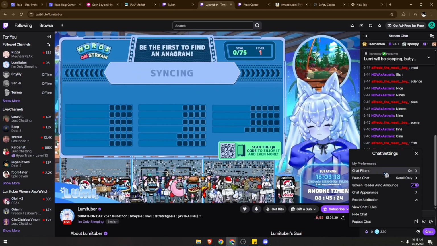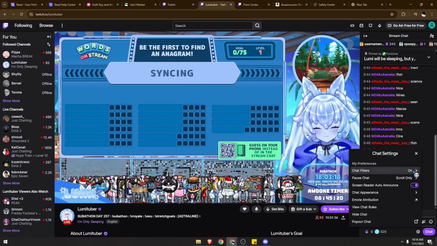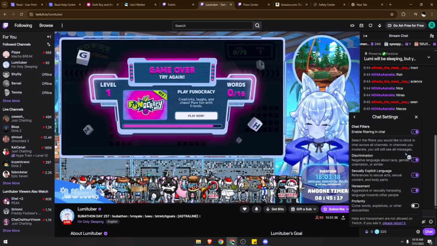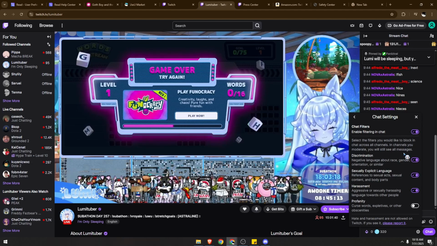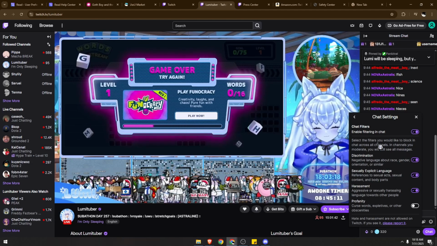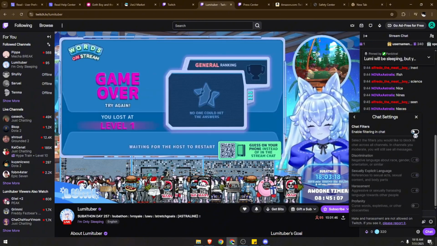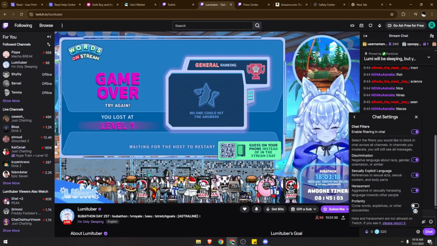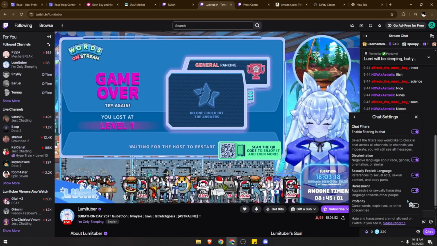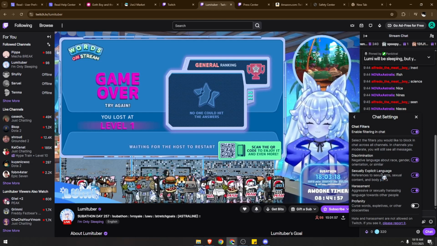Then you can now go to chat filters. It currently says on, but you can actually do a little bit more filtering around here. So you have enable filtering the chat, which is what we want, and then you can go through each one of these. Okay. So it depends on your preference and how you would like to engage with viewers and especially